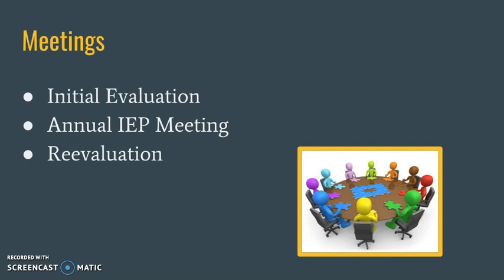So the IEP is the legal document, but if you're like me, when you hear IEP, you also think of the meetings. There are different types of IEP meetings. An initial evaluation is completed when first determining whether or not a student qualifies for special education services. If the student qualifies, an IEP is written. After that initial IEP meeting, the team meets annually to review the IEP at an annual IEP meeting. Then every 3 years, there is a reevaluation to see if the student continues to qualify for services.